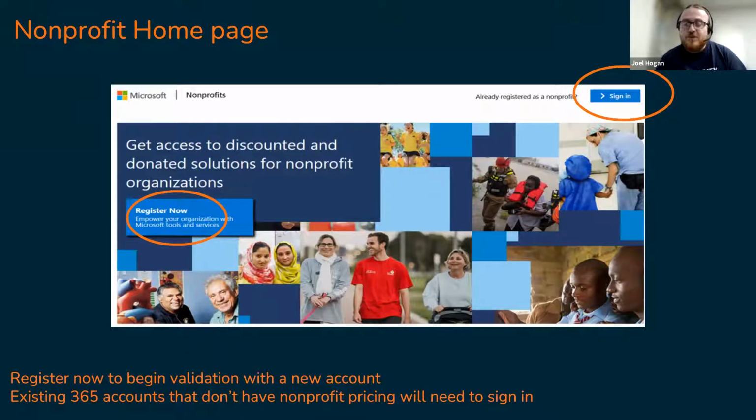As you can see, we have two circled sections here. If your organization has never used 365 before, or doesn't have a 365 admin portal, then you're going to want to click on the Register Now button on the left. That'll get you started with the form for the first time. For those of you whose charity recently gained charitable status, but was previously working with maybe a commercial account or something like that,